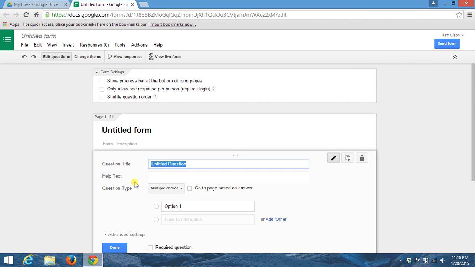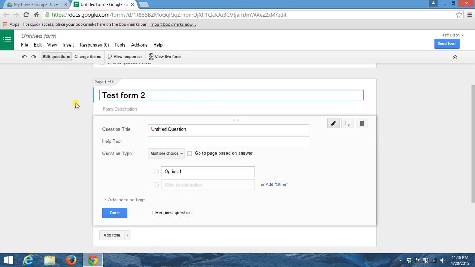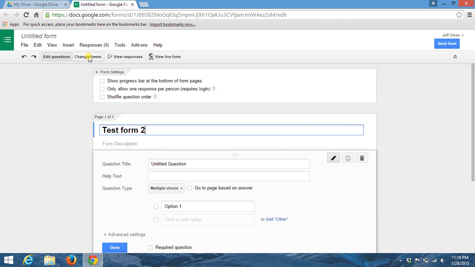Okay, so this takes me to an untitled form. You just click in there, and I'm going to call it Test Form 2, because I already have a test form in there. Some of these things at the top, like show progress, I keep those unchecked. You can experiment with those if you'd like. Some of the stuff with changing theme, I think that's background color and stuff like that. I've never